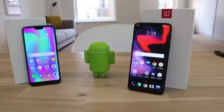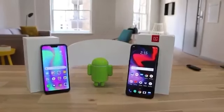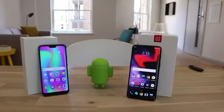The OnePlus 6 offers a great design, and it comes with Qualcomm's latest processor under the hood, coupled with more RAM and storage than the Honor-10, as well as a larger display. It also is unofficially water resistant, but it does cost a little bit more in terms of the price. Now, both devices offer flagship grade hardware,